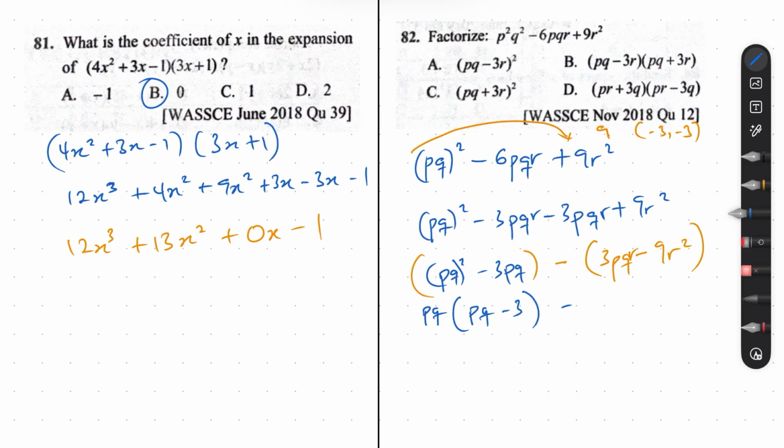So we have 3R out. You have PQ minus 3. Okay, so now what is common to this term and this term? PQ minus 3, right? Cool. So let's factor that out. PQ minus 3, and then we have what is left? PQ minus 3R. Okay,